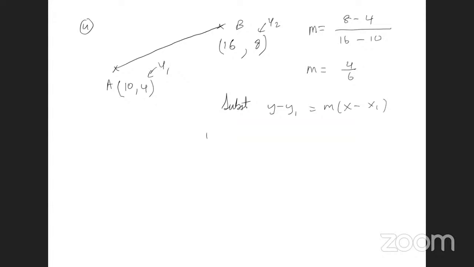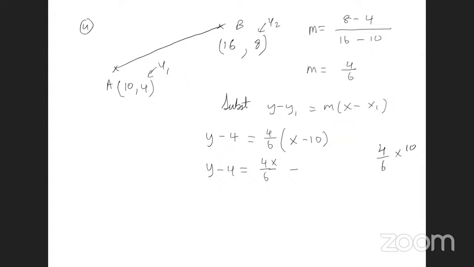So that will be y minus y1 is 4. Gradient is 4 over 6 by x minus 10. Right? If you want, right there, you can multiply by 6, up to you. Or you can go one more line and then multiply by 6. So y minus 4 is 4 over 6 x minus, remember, when you're multiplying 4 over 6 by 10,